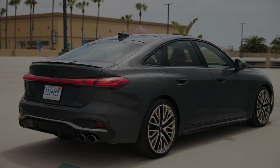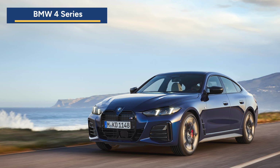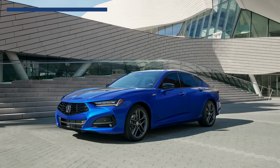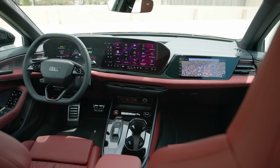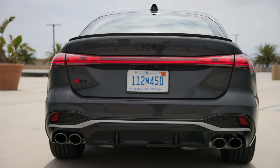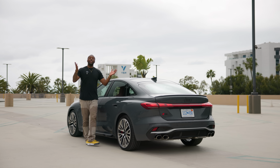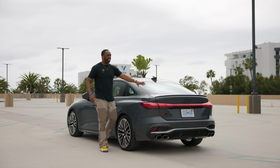Competitors in this luxury sedan segment include the BMW 3 and 4 Series, Mercedes-Benz C-Class, Lexus IS, and Acura TLX. Other brands may have a little more flash and pizzazz inside and out, but Audi has that je ne sais quoi that appeals to shoppers looking for an option that doesn't scream, "Hey, look at me," but rather, "Hey, how you doing?" The Audi A5 and S5 are here with new looks, a good-looking, modest interior, practicality, and I don't know how this North American spec drives yet, but if you want to find out,